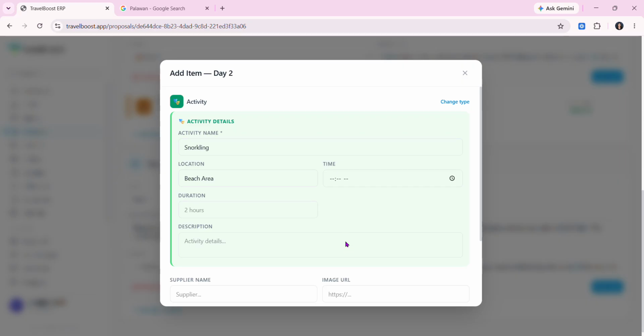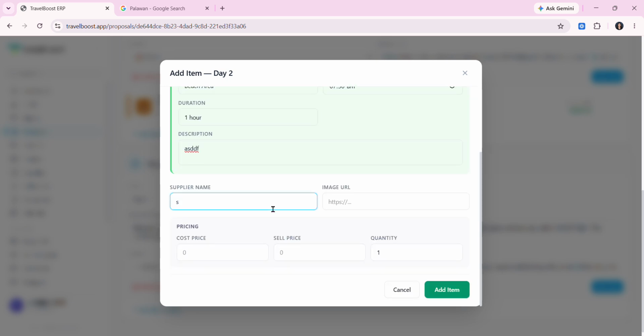Snorkeling is good for maybe AM. Let's choose 7:30 AM. That's it. Duration is maybe 1 hour, and then of course the description, supplier, then image, then add item.